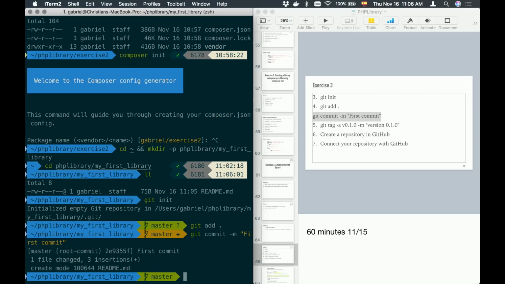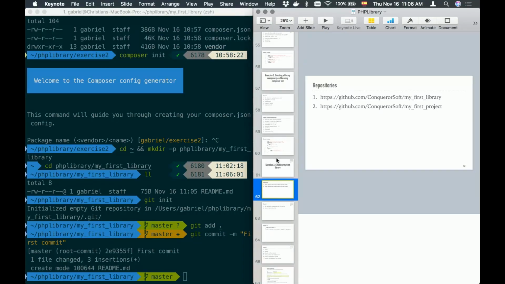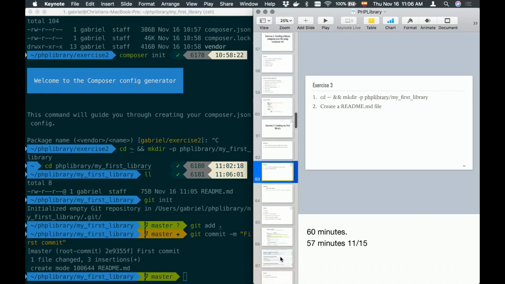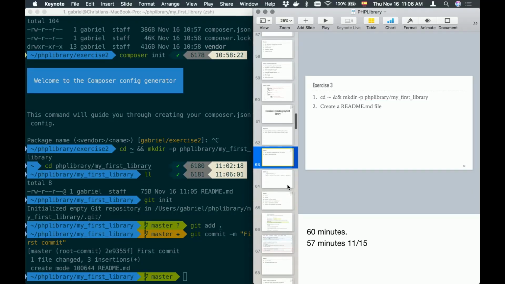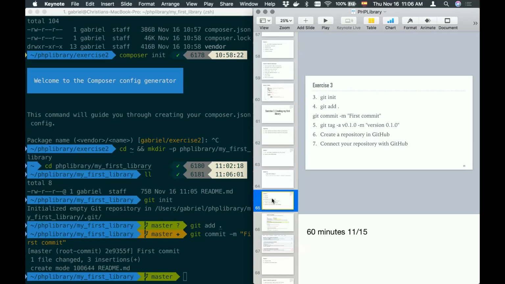Excuse me? Yes, well, if you put it as exercise 3 is good, but actually it was my first library. But anyway, that's good. The location doesn't matter. I mean, as long as we are in the same folder, don't worry about it. So